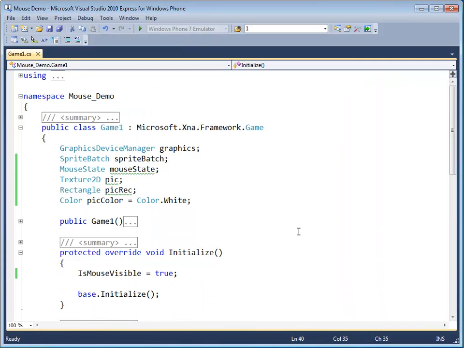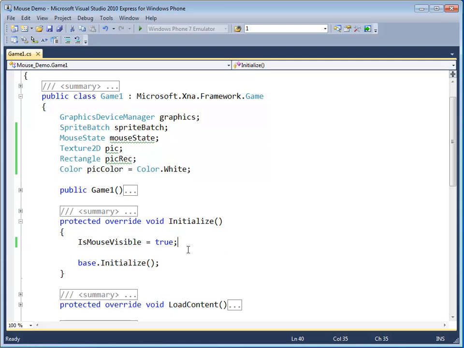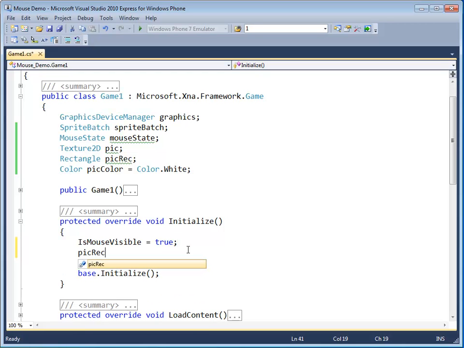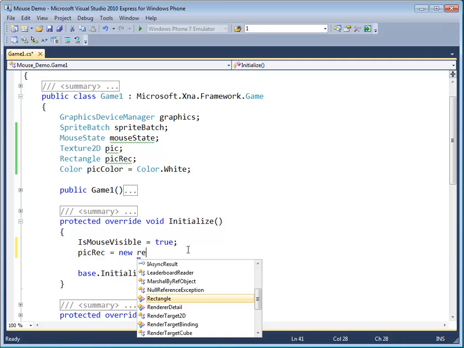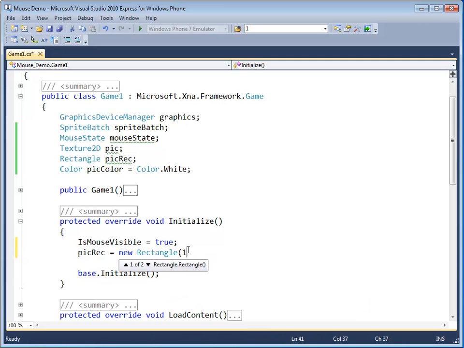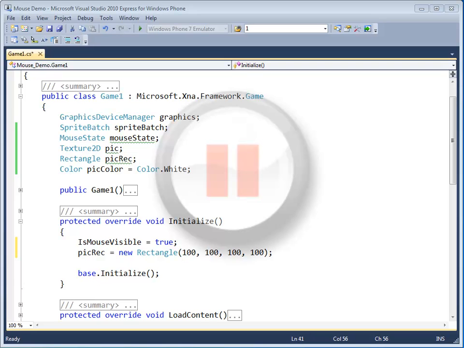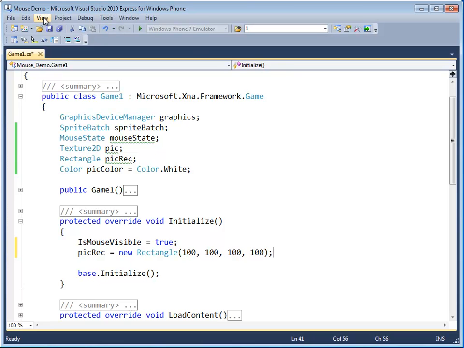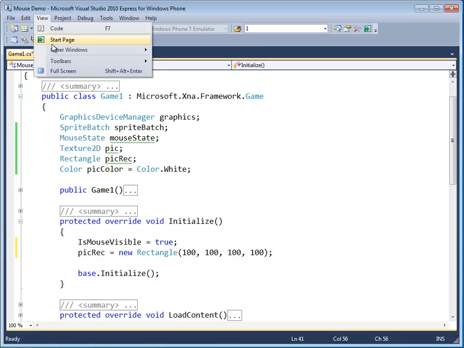Now let's also initialize the location and size of our box. So pick rec is equal to new rectangle, and we'll go 100, 100, 100, 100. Alright, well the next thing we want to do is add the box image to our content pipeline, to our content folder. So we're going to view the Solution Explorer,